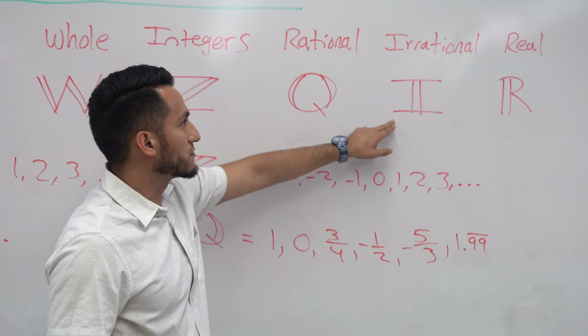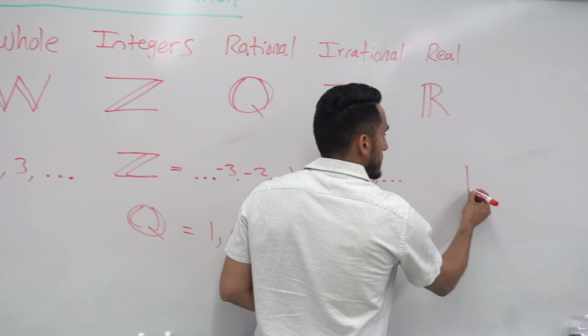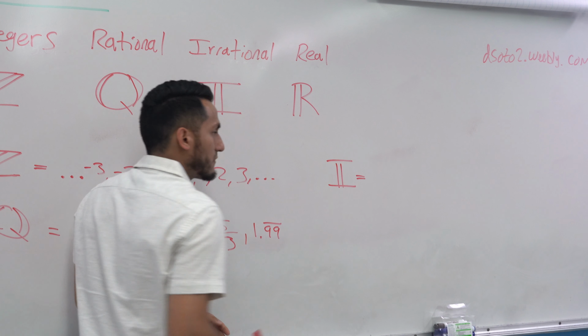The next one, irrational numbers. The set of irrational numbers are numbers